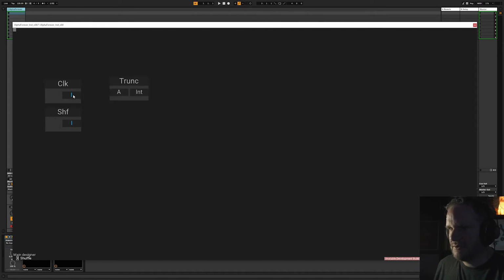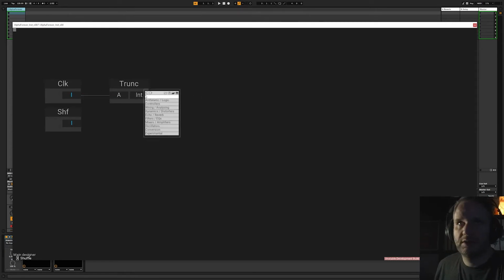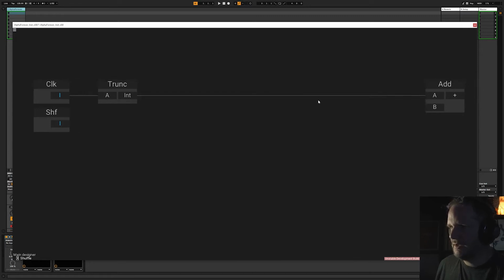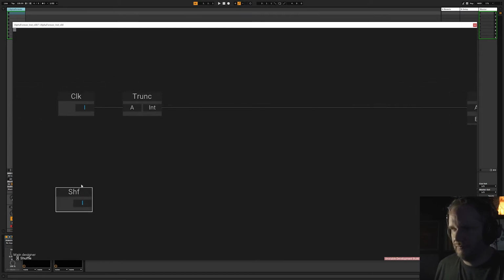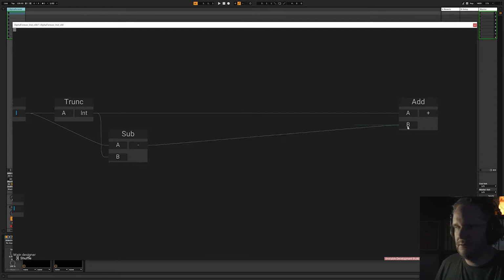And the first thing we are going to do is to truncate the clock, and we are going to add to this value. Because when we shuffle something, we always want to have the whole values untouched, and we are going to touch the rest. The other thing we are going to do is to subtract the truncated value from the clock value itself. So this is going to be something like a modulo by 1. So if we add this back to the signal itself, then we didn't do anything. So this is going to be a straight